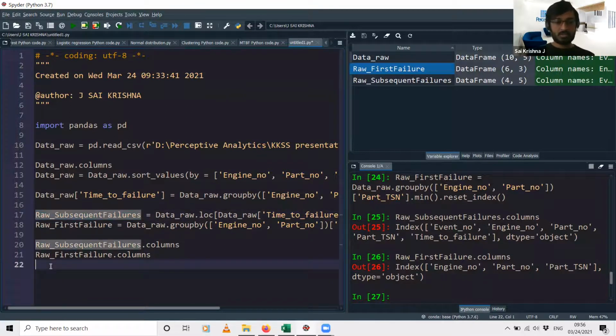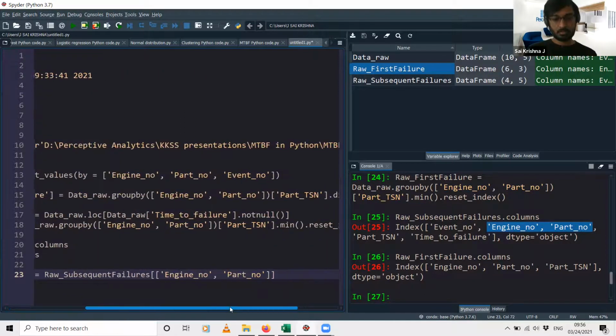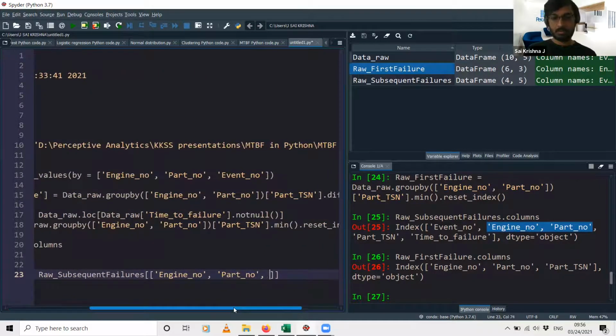In this data frame of raw underscore subsequent failure, I need only a specific set of columns, that is engine number, part number, just copy and paste the columns over here, and then the time to failure.